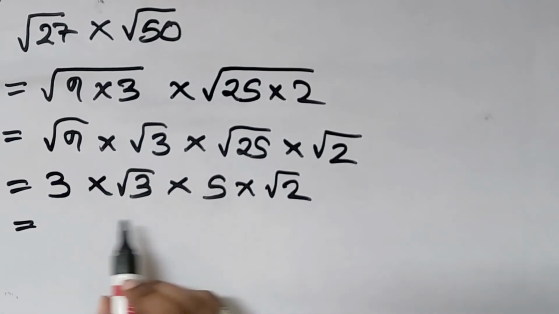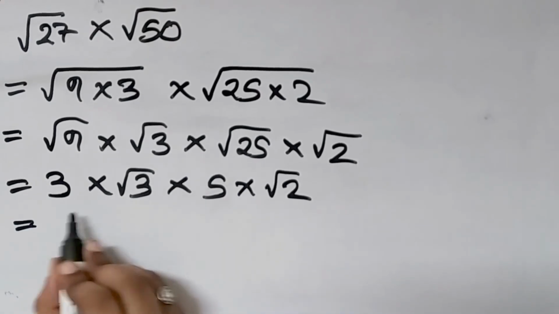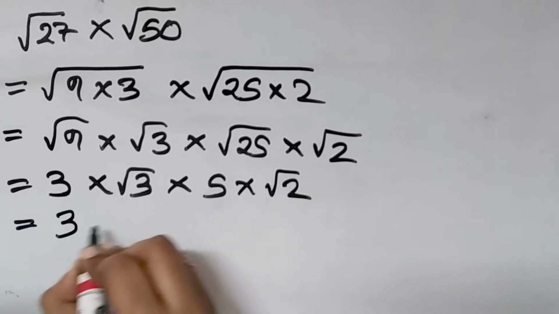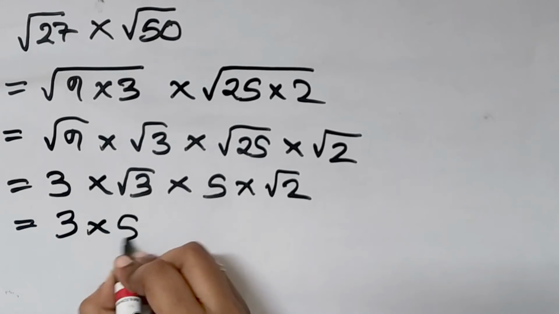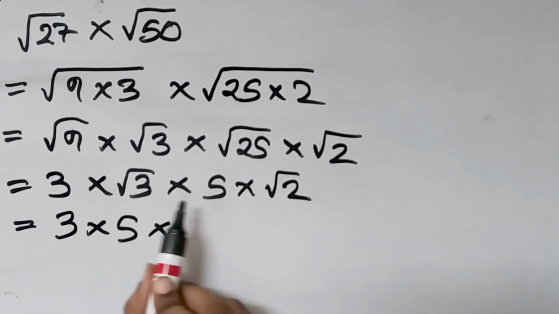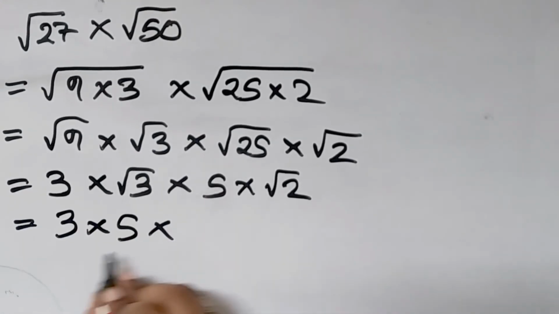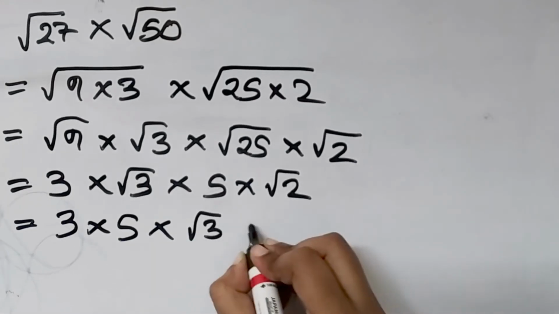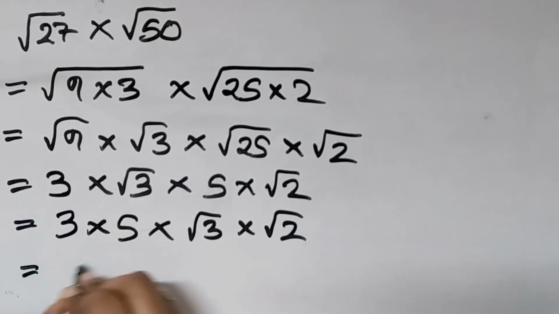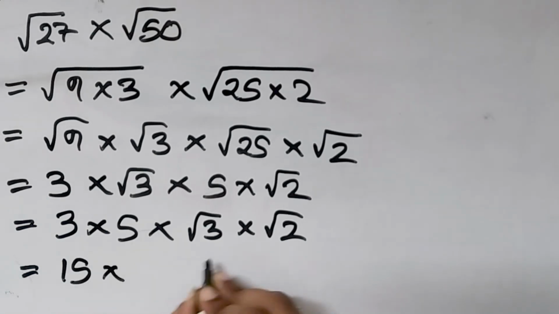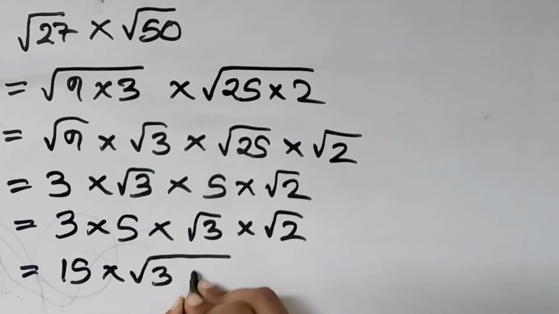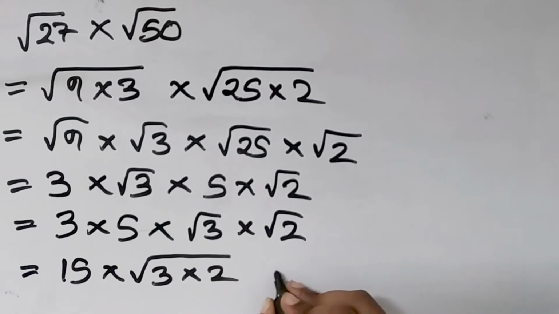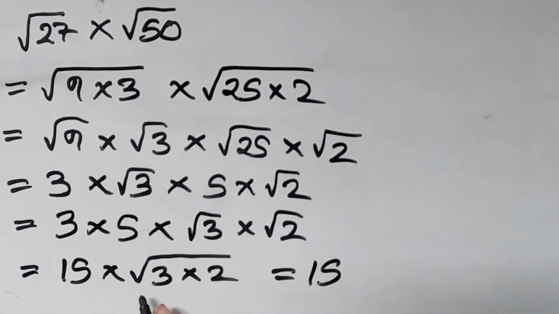Okay. This was like the previous sum. We will multiply this two separately. So 3 into 5 into, we have multiplied this term which is there outside square root separately, into root 3 root 2, which is equal to 3 5s are 15 into square root of 3 into 2, okay, which is equal to 15. This will be square root of 6. So 15 into root 6, that is 15 root 6. So this is the final answer.